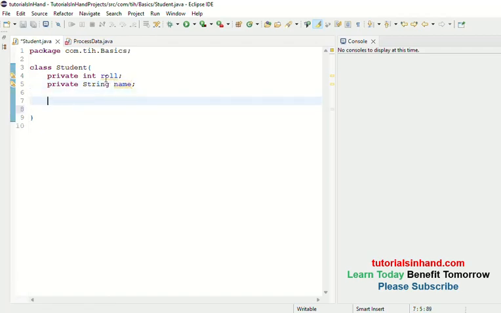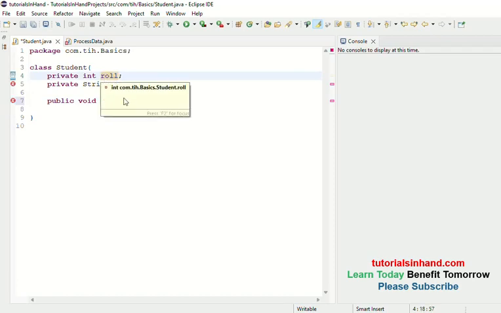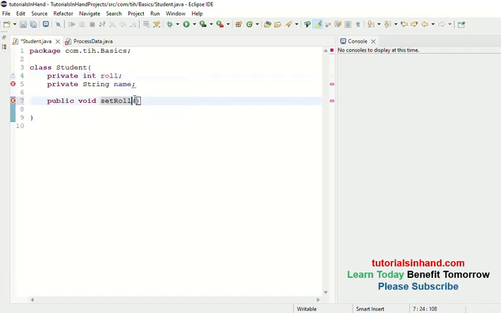So first thing is we will talk about how to set roll number. To set roll number, we will use public method, public void, because we are just going to set, we are not going to return anything. So it should be void, right? Void does not return anything. So public void, and then you will write setRoll. This is a standard way of writing this method name: set, and then roll with R capital. You can change it to any name. It will not be problematic. You can set roll number or anything. But the standard way of writing is like setRoll,